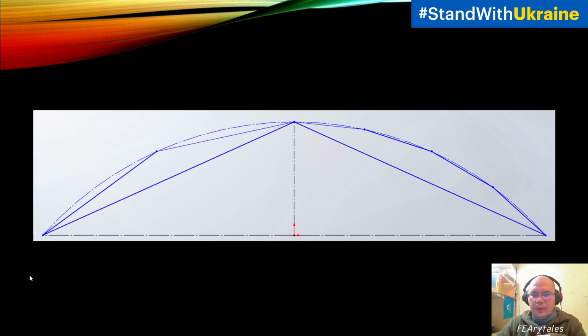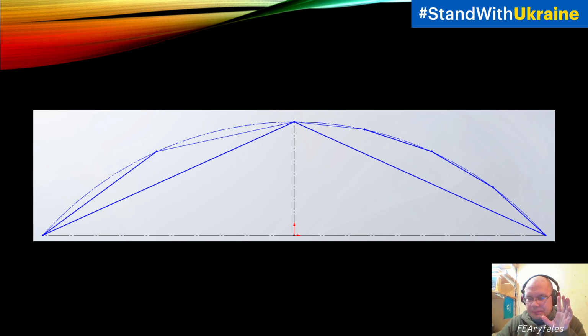Or, for example, it can be a number of steps for time integration when we need to obtain a good result for oscillation, and we need to understand how many elements or how many steps we need. We can see that one element or one step per this arc is not adequate at all. We can see that two elements, especially linear, or two steps, create a very big error from the real geometry. We can see that 4 elements per this arc, or 2 elements per half,